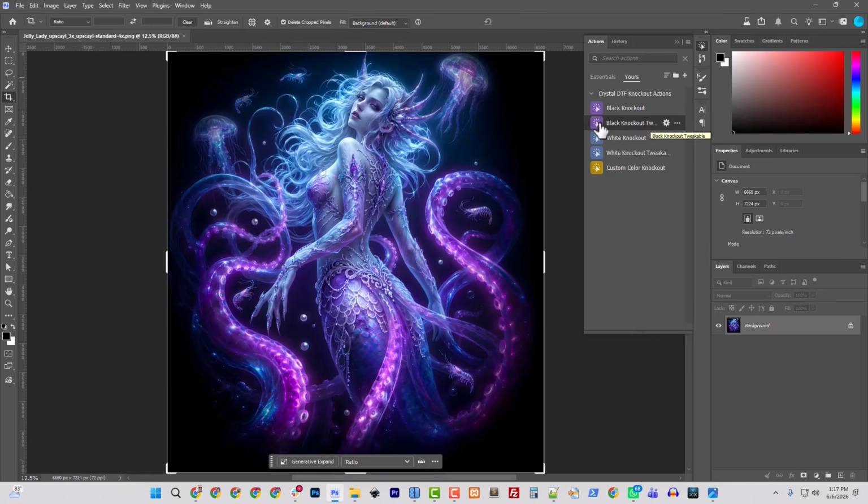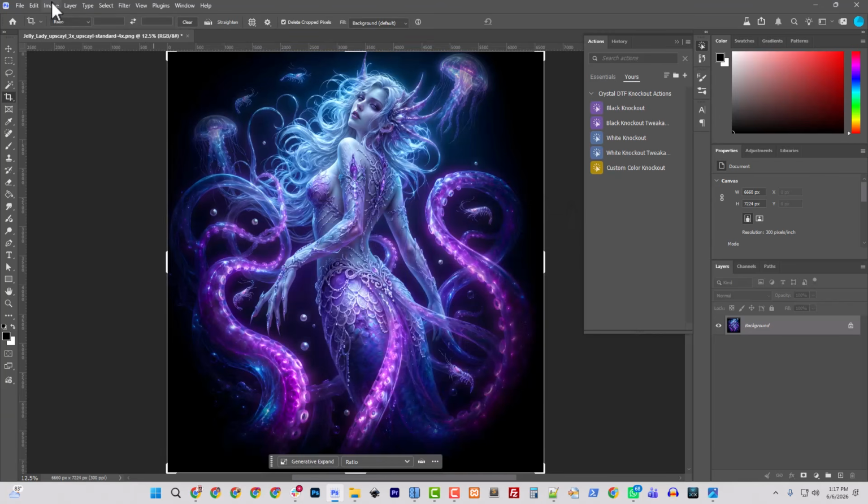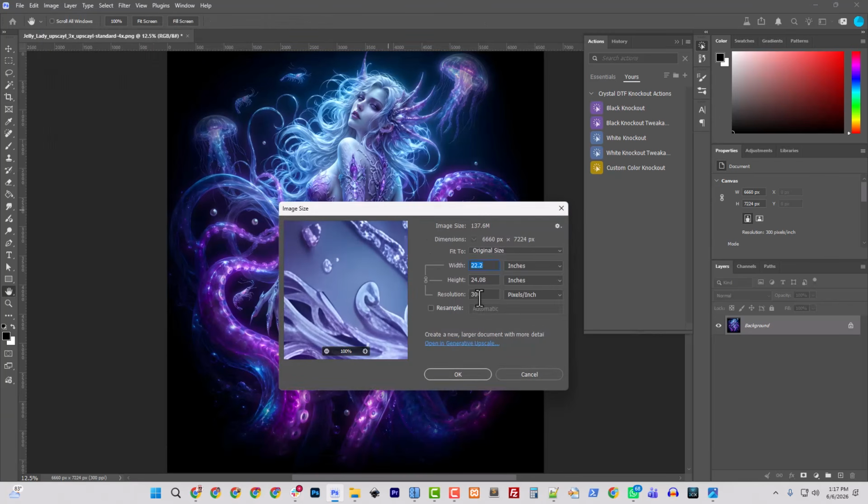Here's our black knockout tweakable. Okay, let's set the size. I'm sorry, set the image size. Got to do this part. I turned off resample. I'm setting it to 300. Okay. And then I'm going to do image size, and we're going to make it the size we want to